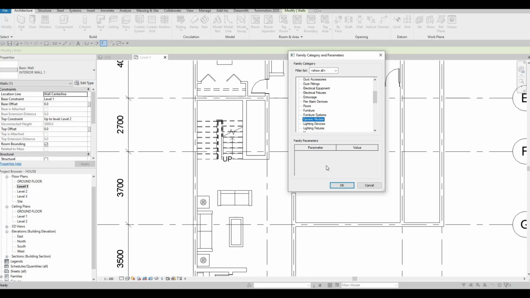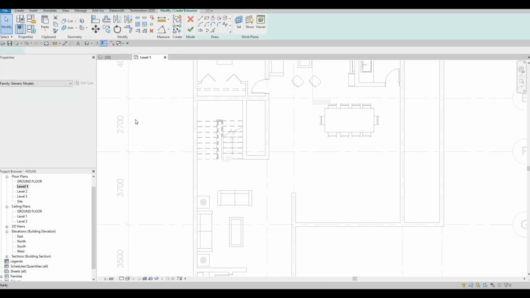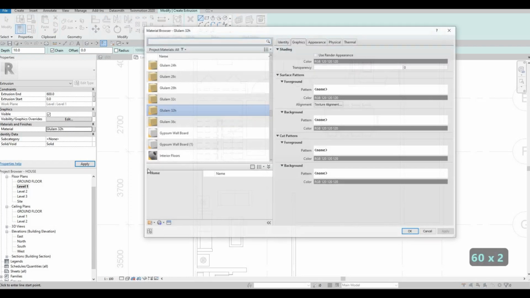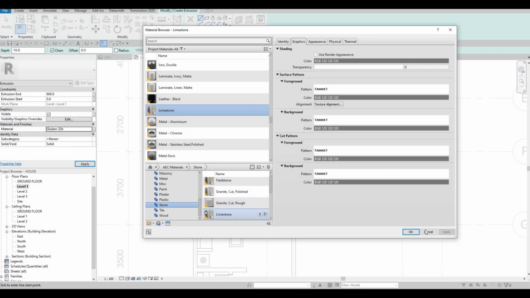This will be a generic model, and then click on OK. Extrusion onto this level. We could change this to probably 600 for now, and then change this to a stone material. So let's click on a stone material. Fieldstone is already used. I'm going to use limestone,